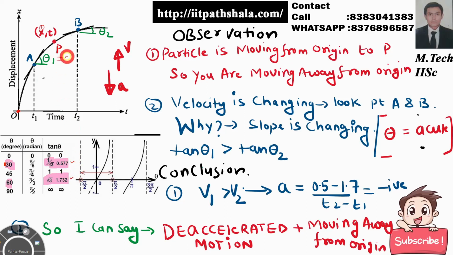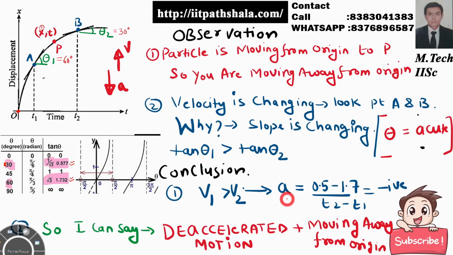So assume theta 1 to be equal to 60 degrees and theta 2 equal to 30 degrees, and you are having the tan value of both of them as follows. So your tan theta 1 is greater than that of tan theta 2, so your velocity at A is greater than that of velocity at B. Fine with that. And note the point that both velocities are positive. So hence you can say in the conclusion, because the velocity is varying at every point over here, there will be acceleration coming into the picture.